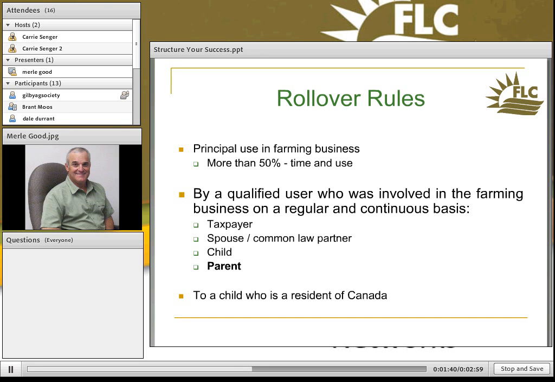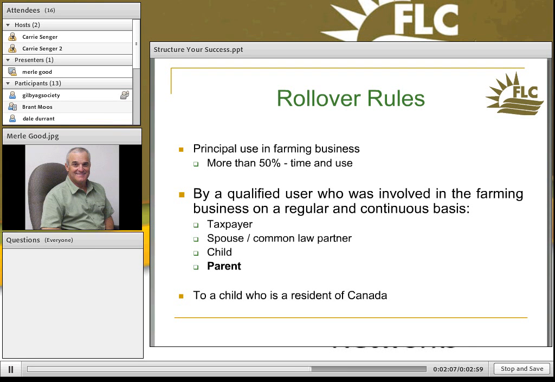The other way, if I sell it to my nephew for $1 plus love and affection, which I'd be crazy to do, but if I did that, his deemed proceeds of sale for me is at fair market value, $400,000. So even though he pays me $1, I show a tax disposition of $400,000. And that's the difference with a rollover, is that you can transfer your tax to the next generation and they